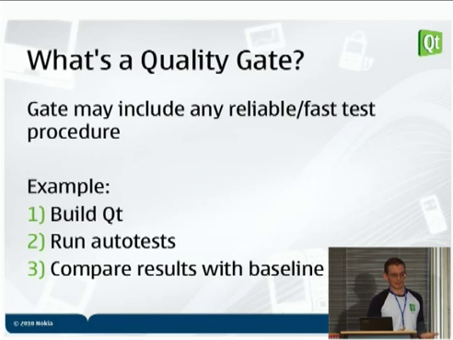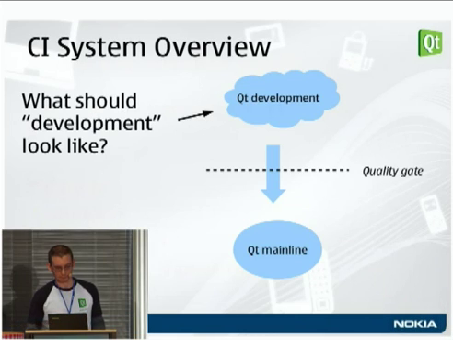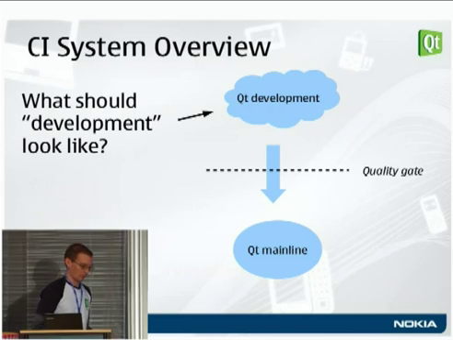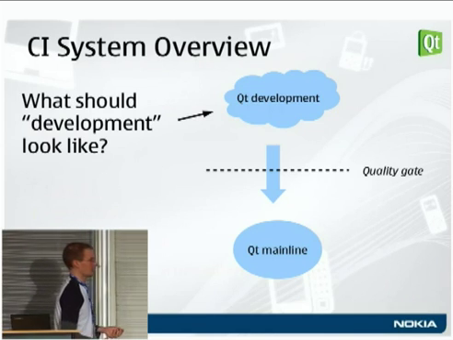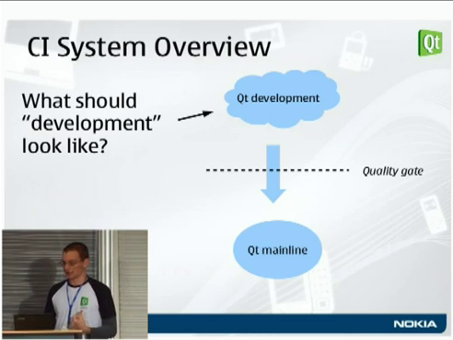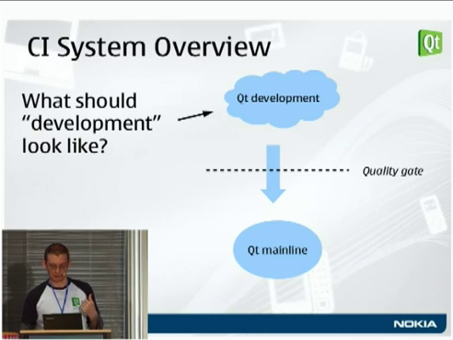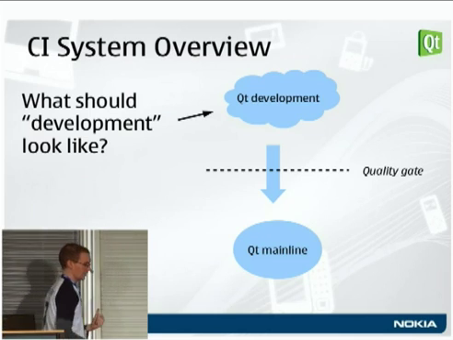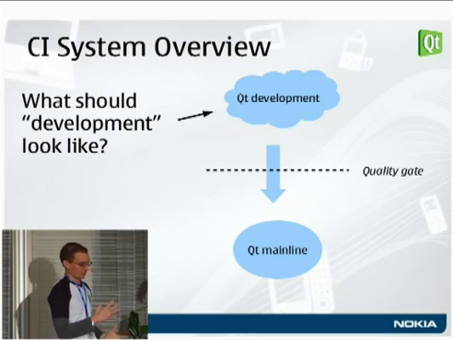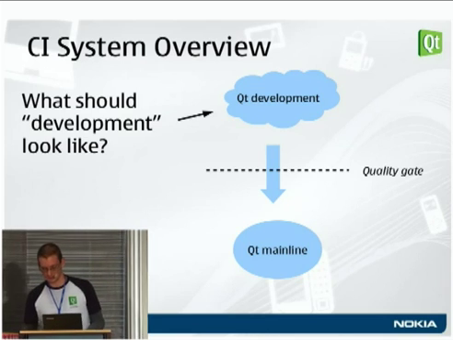So also things such as checking the spelling in the documentation. If someone implements a test that does that quickly, then we can add that to the quality gate. All right, so we know what a quality gate is, but there's a very important question about this. What should this development part of the picture look like? Remember, our goal is to enable regressions put in place by one developer to not block other developers. And that really shapes the solution that we're currently using,